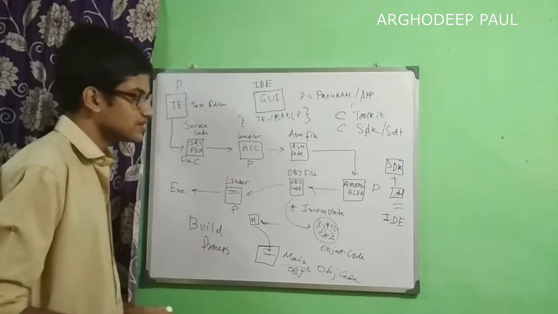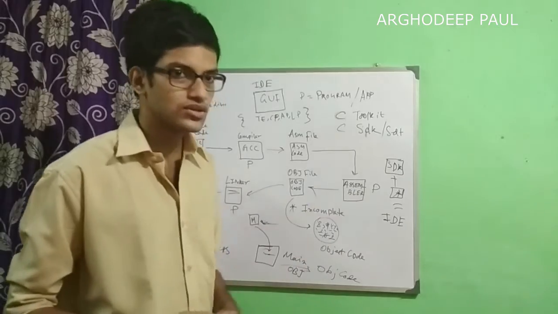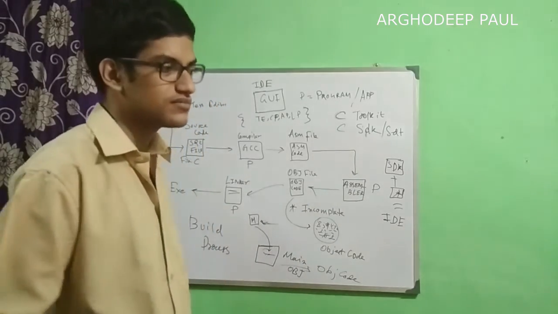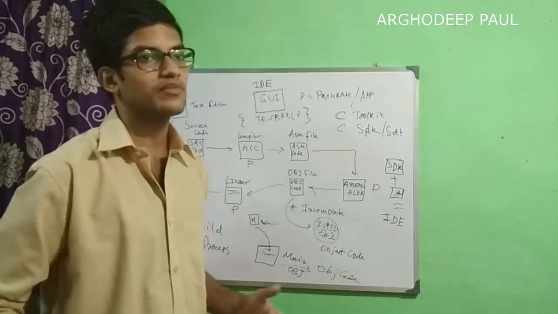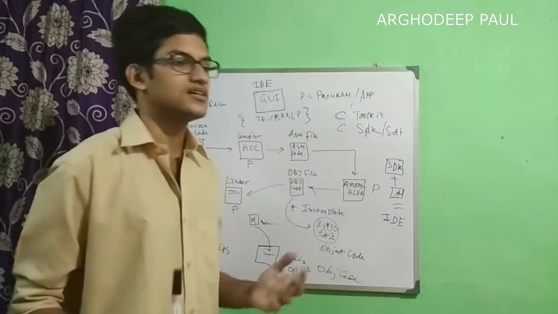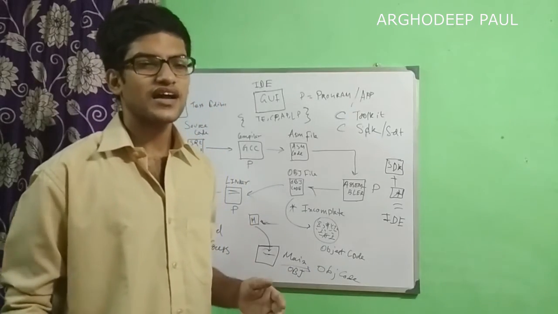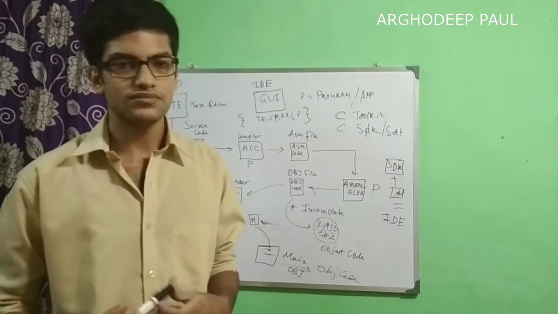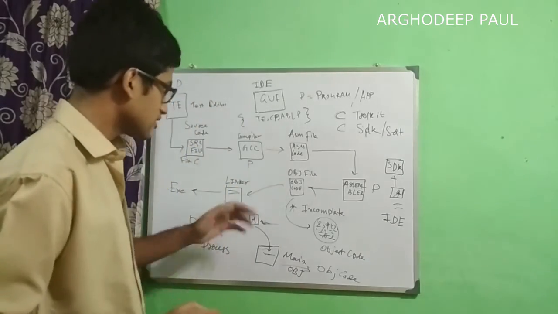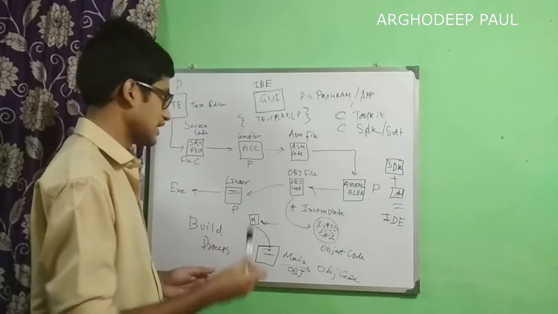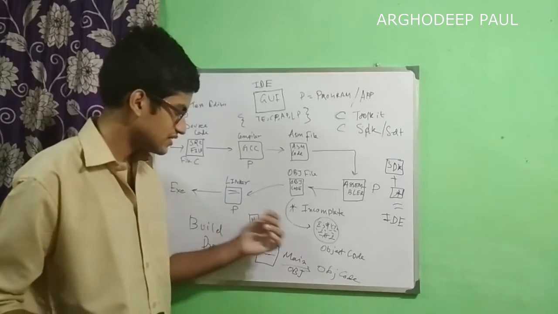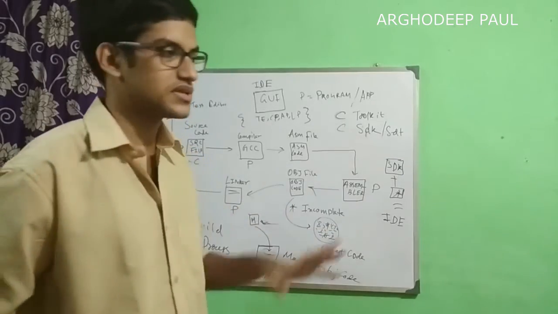Either you can install the toolkit. When you are installing only the toolkit, you have a text editor in your system: for Windows, Notepad, Notepad++, Atom, Sublime Text, Brackets, Visual Studio Code. Notepad is inbuilt, and for Linux you will have the VI editor. The rest of the things should be installed separately, like the compiler, the assembler and the linker. You will get these programs on their respective websites.